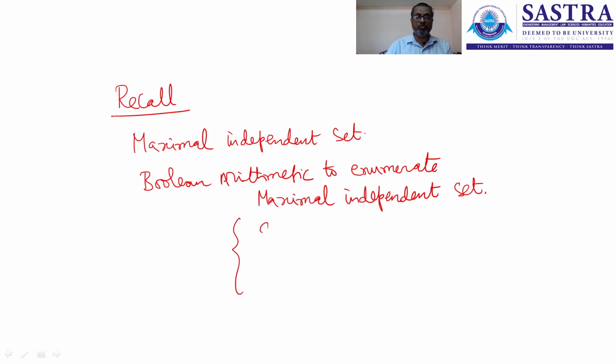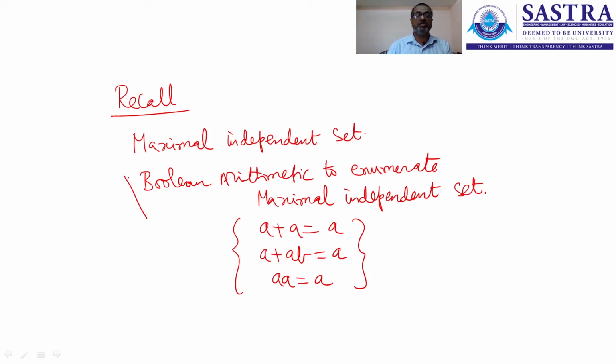I had used these 3 important Boolean rules: A plus AB is equal to A, A plus A is equal to A, and the product of A with A is A. These 3 rules were used to simplify the given